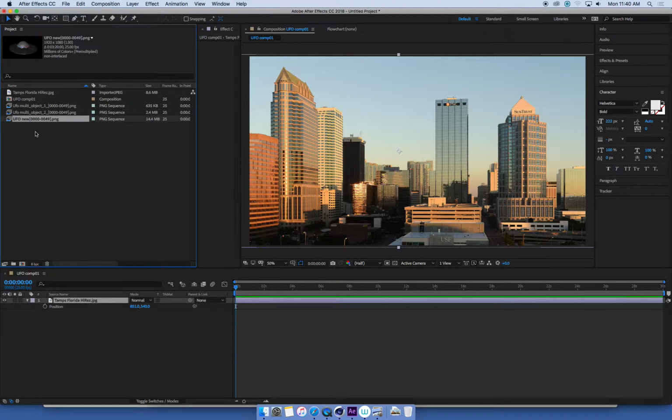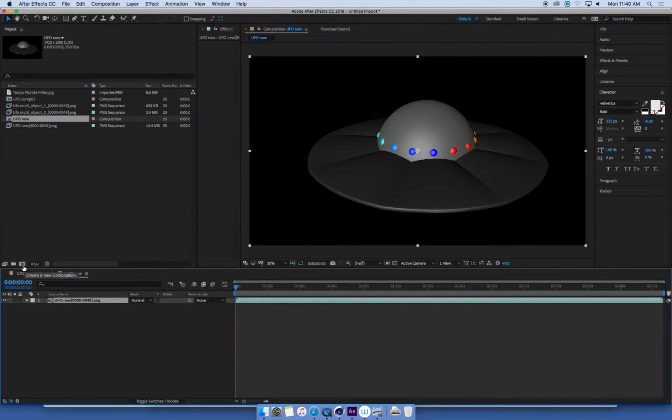So the first thing I want to do is I'm going to grab the beauty pass, so just the plain old render, and I'm going to put that into its own composition. So I'm going to drag and drop it onto the new composition button, and that will create a composition with this footage with the same resolution and frame rate as the original rendered